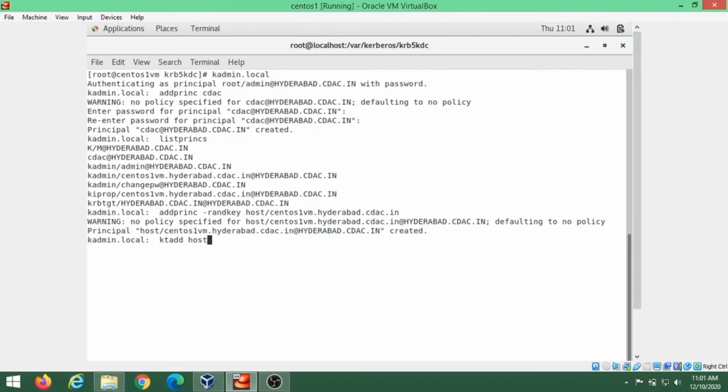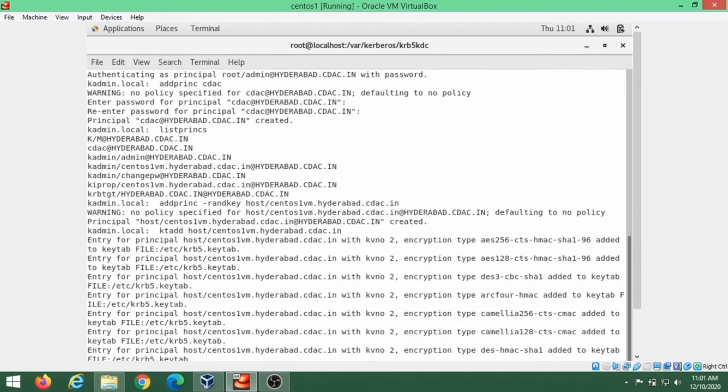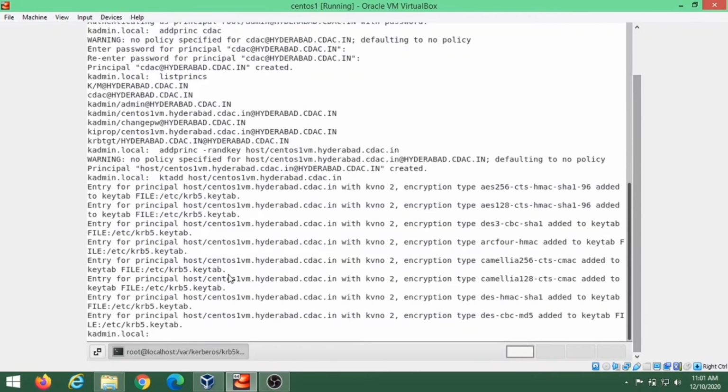Now we will add it with ktadd and the realm name. We can see that the principals have been generated and encrypted with different algorithms. Type quit to come out of it.